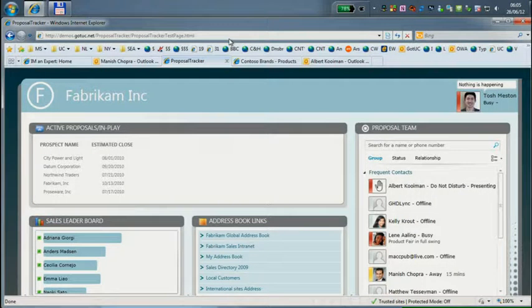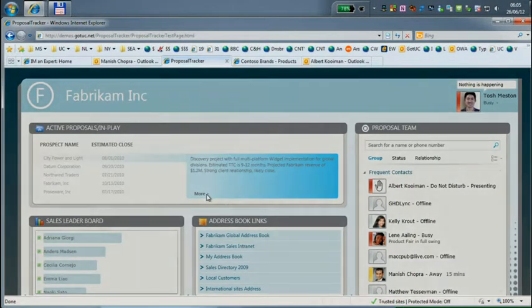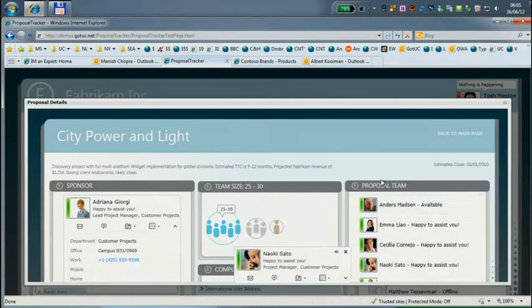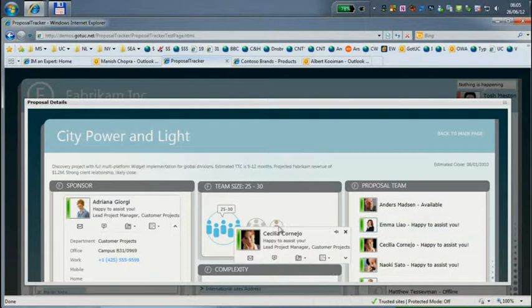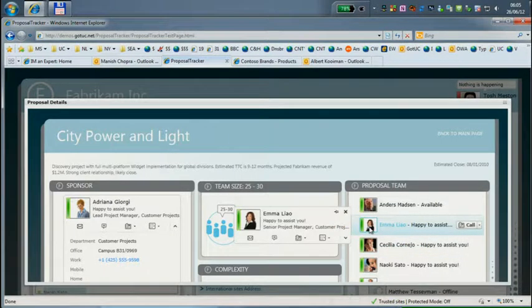So if I'm now working with other people in this particular proposal tracker application, I can see for each of the projects that I have, who are the people that are working on this particular project. And these are other people that are in this proposal team about this particular project. I can also see all kinds of data about the particular project. So I've got a relatively narrow screen. If I would have had a bigger screen, you could see all these things. But here you can see, for example, what is the team size. Now, when I would like to talk to this person, I am trying to avoid this swivel time.